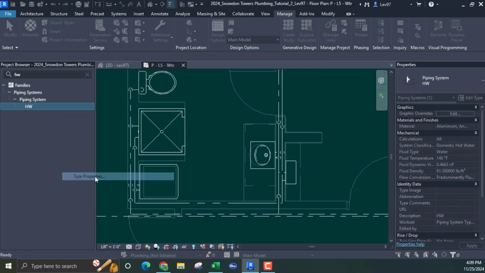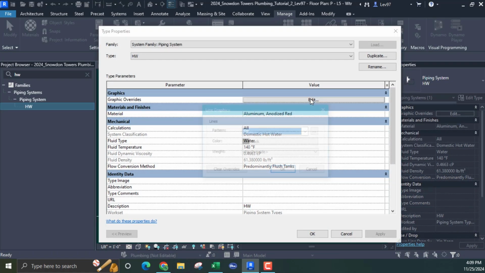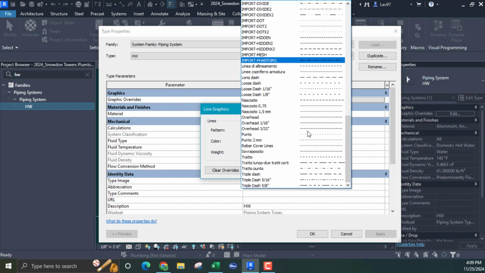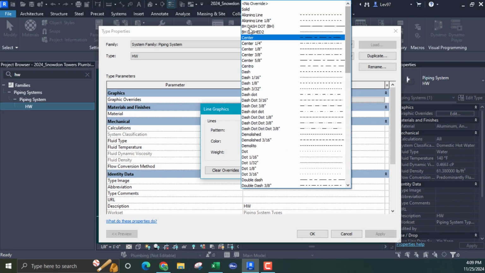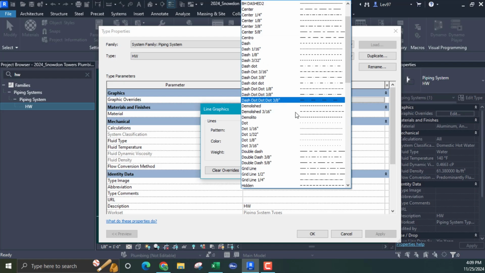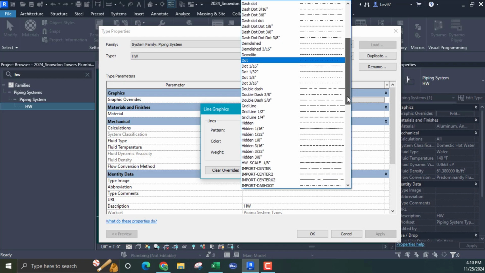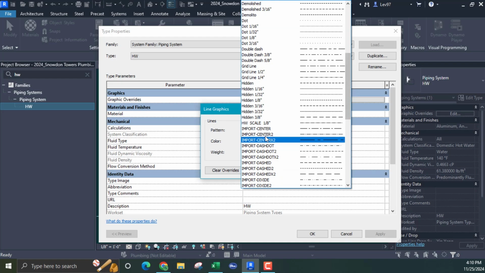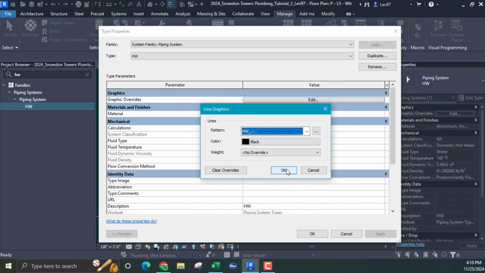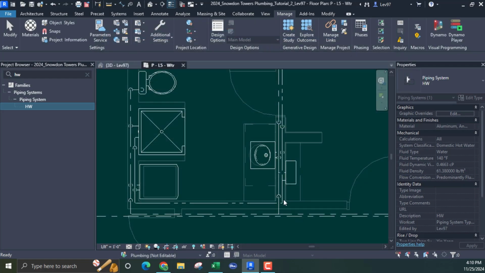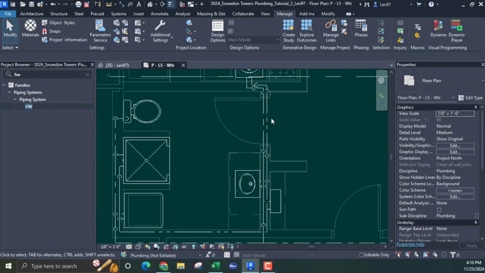water, right click, type properties, yes, import, but I'm just going to go here, highlight it, and on my keyboard I'm going to type H. Okay, I'm not going to scroll up and down. You just go here, highlight, type H, and it should go to what I just created. Somewhere in here it's going to be hot water scale, this guy. Okay, so that's the one I just created. Hot water scale 1/8 inch, that's the one I want to use, and say OK, and say OK, and it should create my